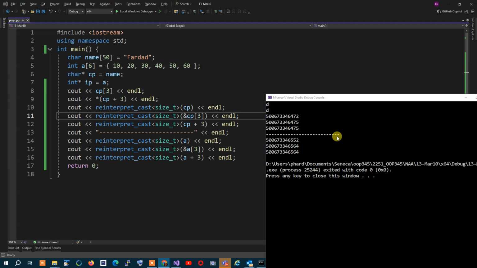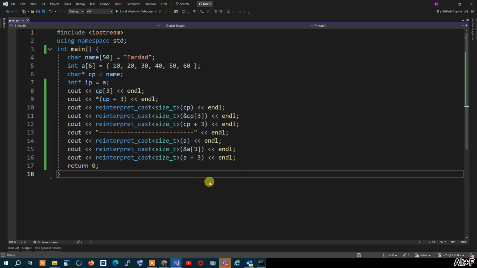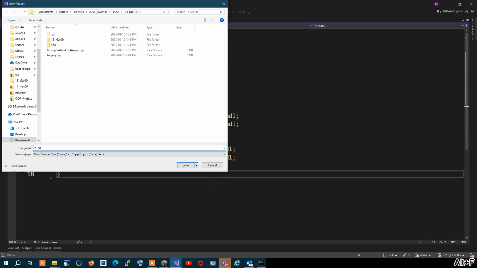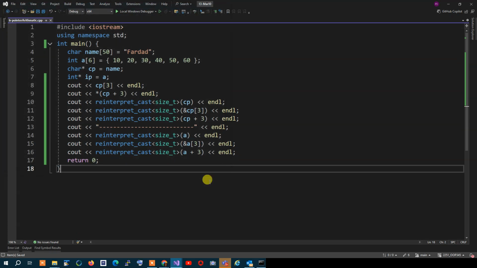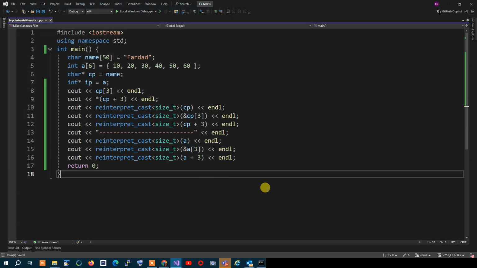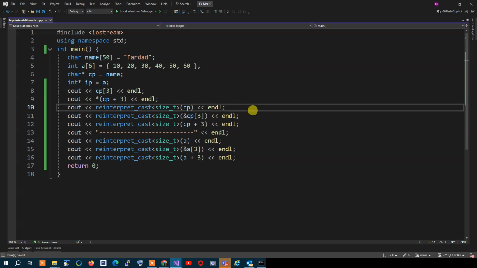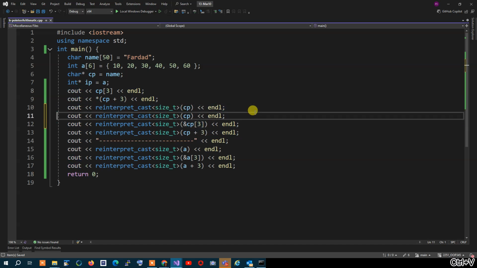Perfect. All right, so. Excuse me, sir. Go ahead. Can you go back a little bit, please? Can we do what? The one that you told earlier. I was saying, what I was saying was when you add 1 to a character pointer,